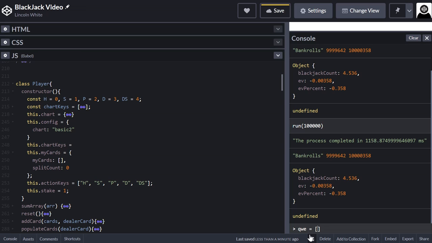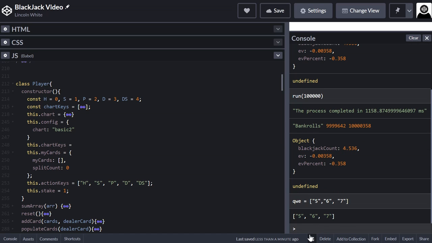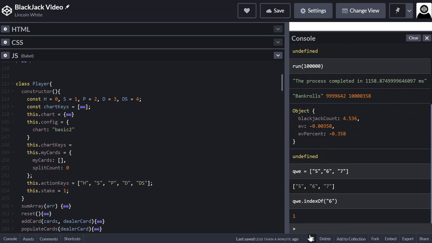Now, what I want to do is, I'll show you here. That thing was like this. 6. Alright, and then we'll do the index of, and we put, I don't know, 6, and we return 1. So we don't want to use index of because I think it's slow. So what I'm going to do is,